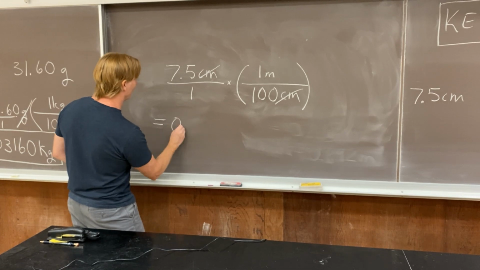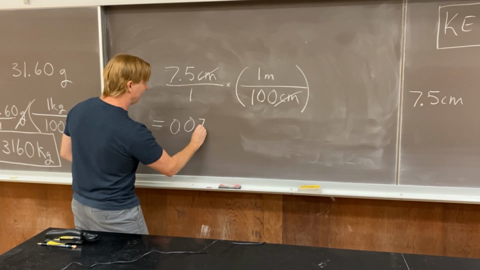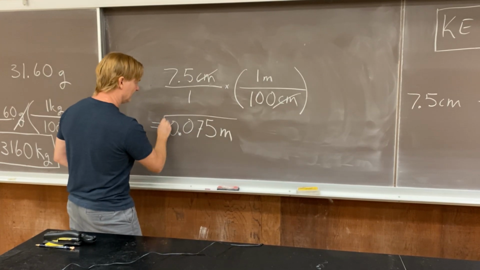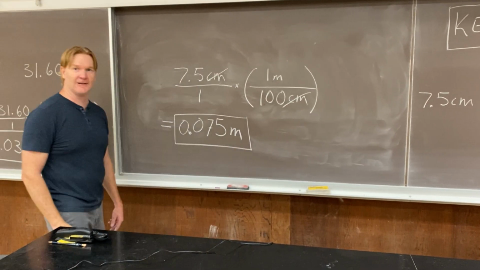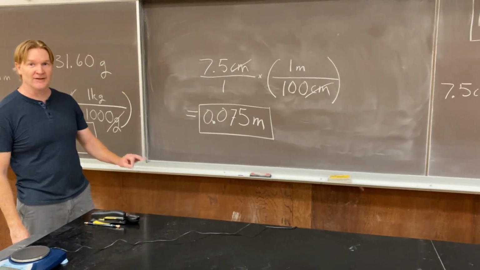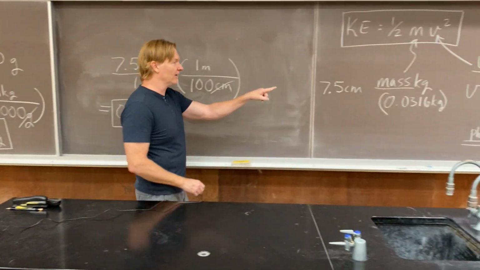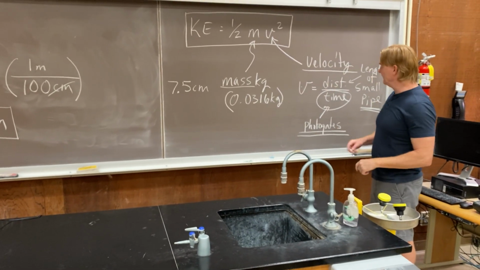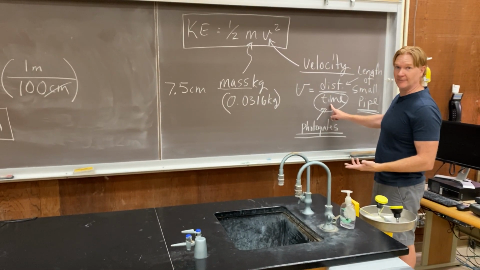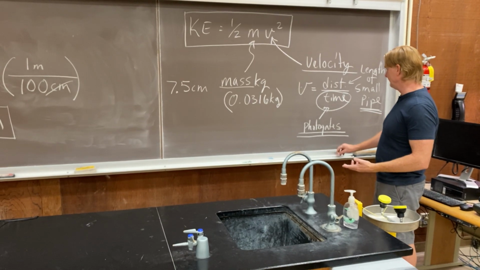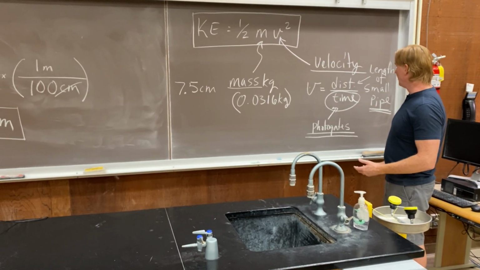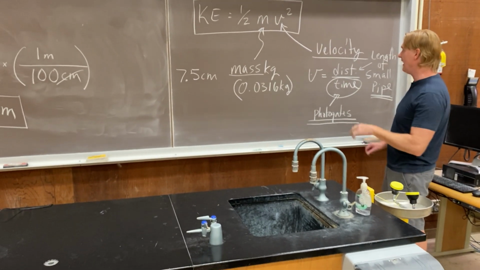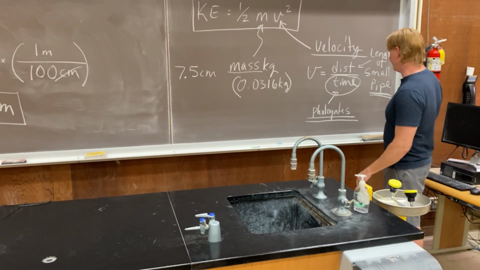So this is going to be 0.075 meters. So there is the length of my small pipe in meters. I'm ready to go over here with my velocity calculation. Now all I need is my time, okay? The times at these locations. So let's do that. Let's take a break here and then we'll come back and I'll put that stuff up there. So let me erase